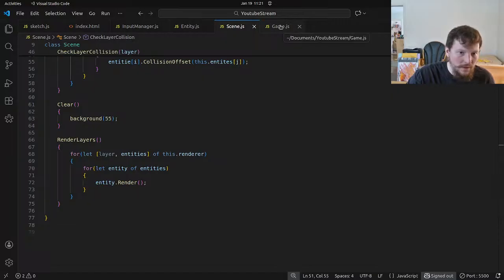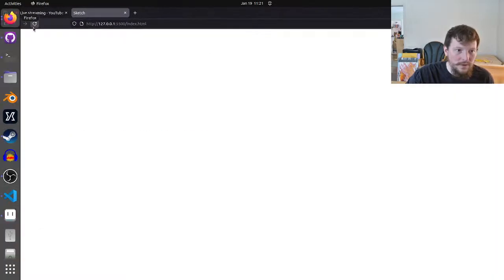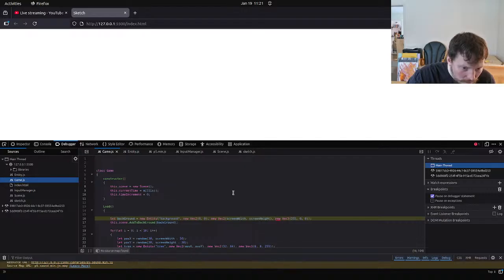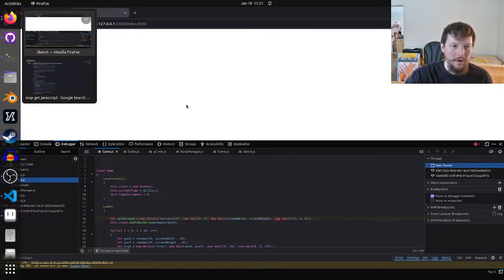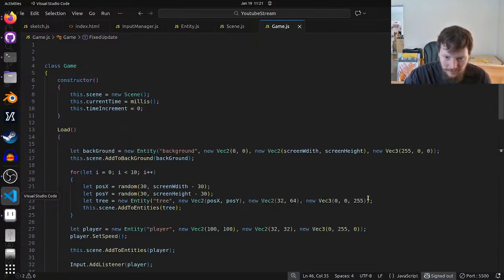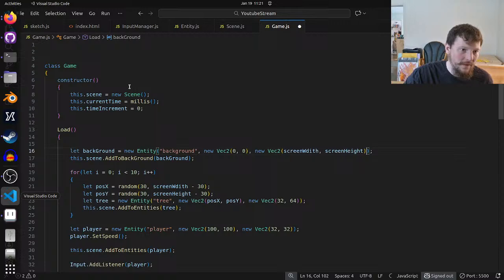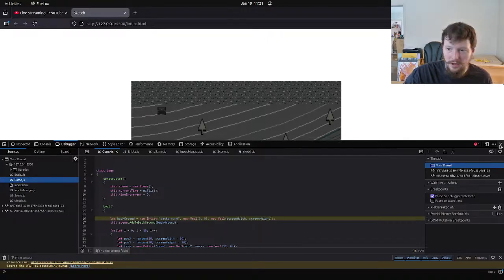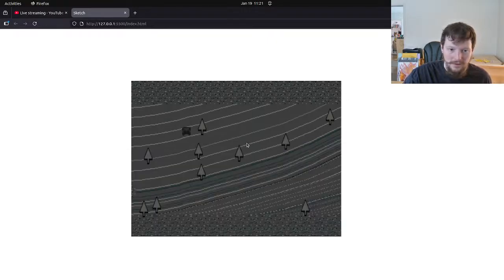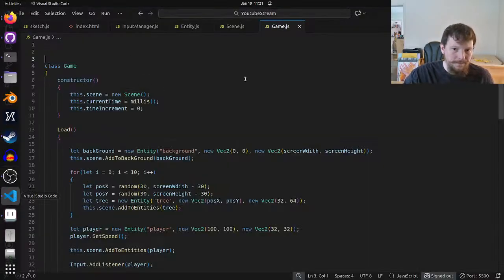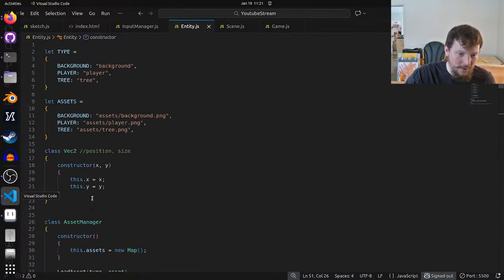Where do we have color? Oh, when we're actually creating those guys there, right? So just showcasing that, originally before the assets, we did have a color system. That color system is not necessary in the slightest. So you can just disregard it